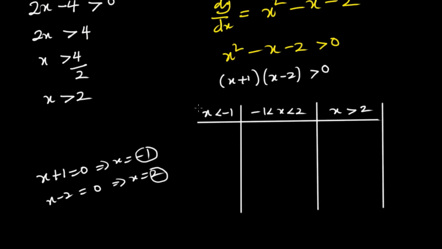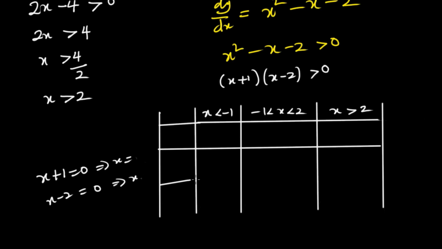So let me clean up this space also. What I need to do is to bring all my factors in. Here the first factor is x plus 1, and the second factor is x minus 2. If this is your first time solving quadratic inequalities, take note of this. I'm going to have the product of x plus 1 and x minus 2, just like what I have here, x plus 1 multiplied by x minus 2. The first thing you have to do is to pick a value, any number that satisfies the first inequality here,